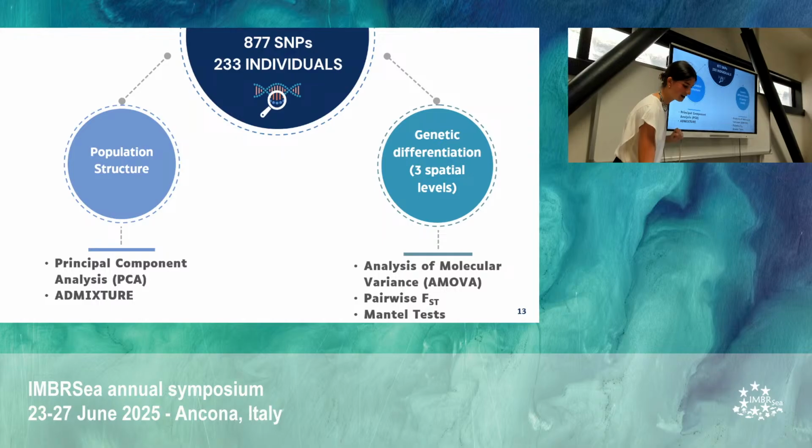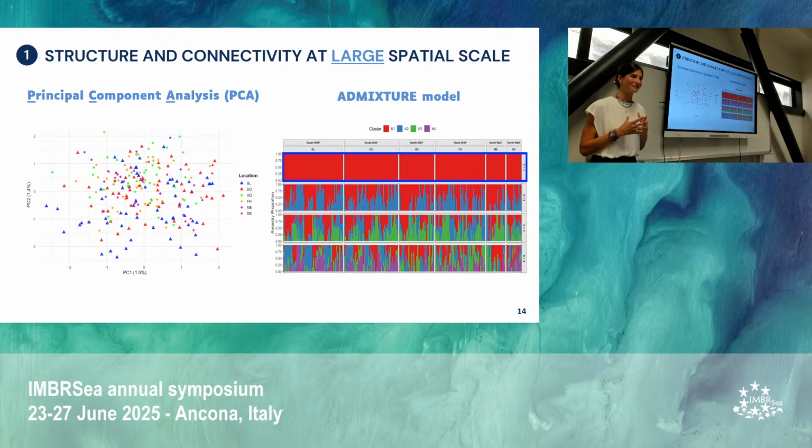So let's dive into the most interesting part, the results. Our results at large spatial scale were quite straightforward, because when we look at our PCA, we see a wide distribution of our individuals, and we don't see any clustering based on sampling location or region. And our admixture model also